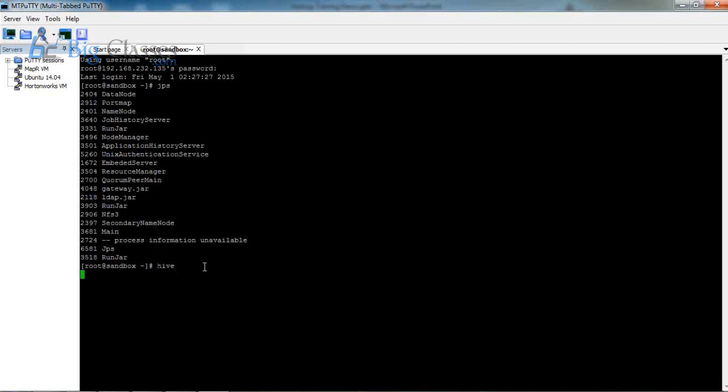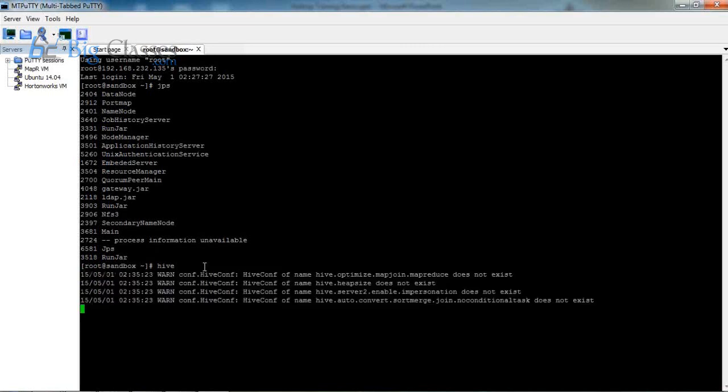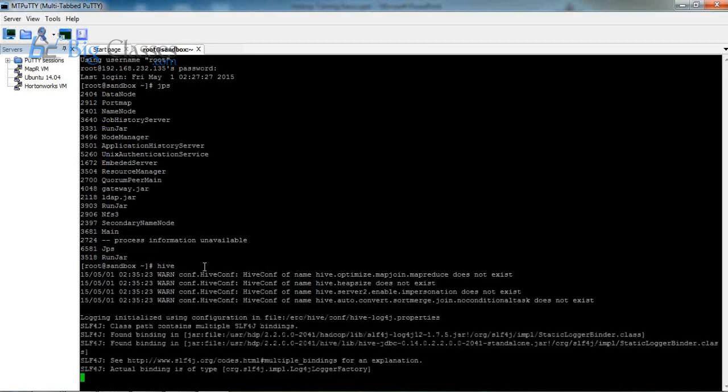So the moment we hit the command, this path has been configured. So the daemon tries to connect to Hadoop. Initially it takes time to connect. So now what you're going to see is that you get into the Hive prompt here. Since it's a local virtual machine, you see some delay in the beginning. Once the initialization happens, the rest of it will be pretty quick. So now the bash prompt has gone. Now we got into the Hive terminal here.